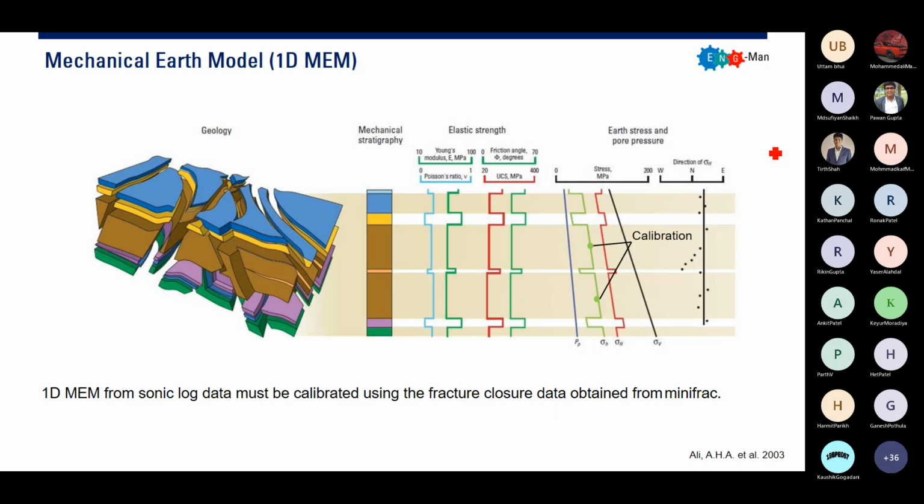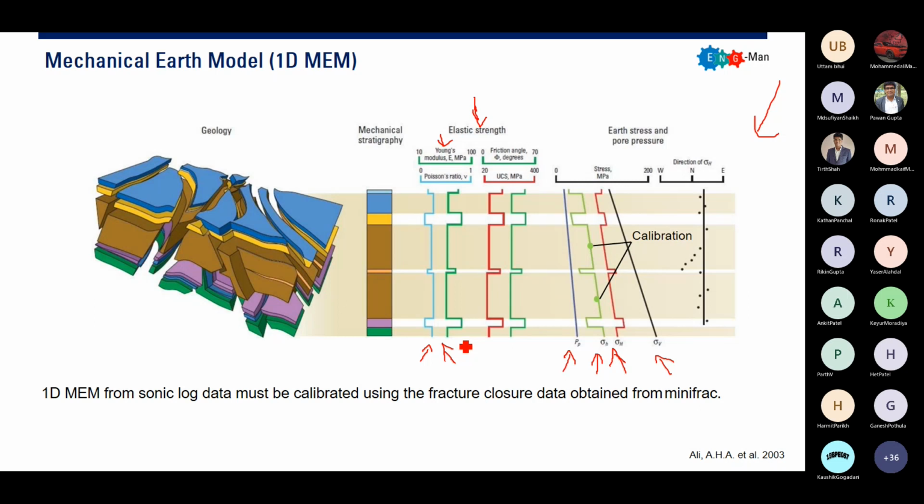We will have a column for elastic strength, Young's modulus, and we will also have columns for the stresses, the pore pressure, and then the minimum horizontal stress, maximum horizontal stress, overburden stress, and also, again, this Young's modulus. So we have these columns, maybe like normal log analysis columns, right?